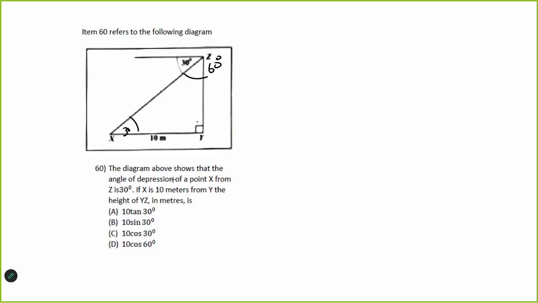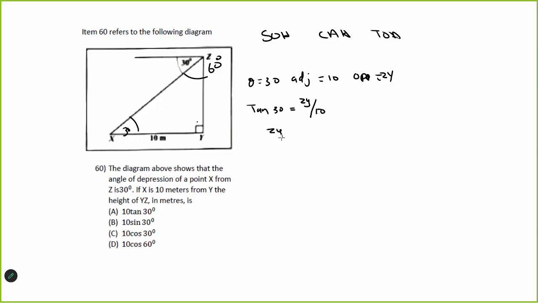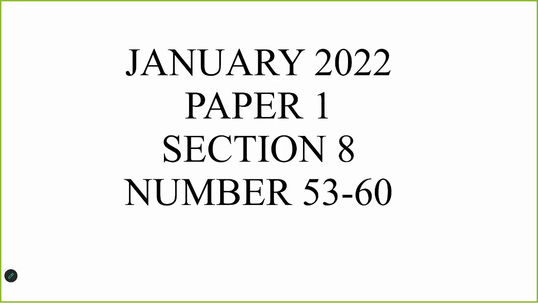They want to know the height of ZY. So if I'm using theta equals 30, then your adjacent would be 10, and your opposite would be ZY. We put SOH CAH TOA. Which one has opposite and adjacent? Tan. So tan 30 is equal to ZY over 10. So ZY would be 10 tan 30. Do we have 10 tan 30? Yes. So A is your answer. And that would be the end of